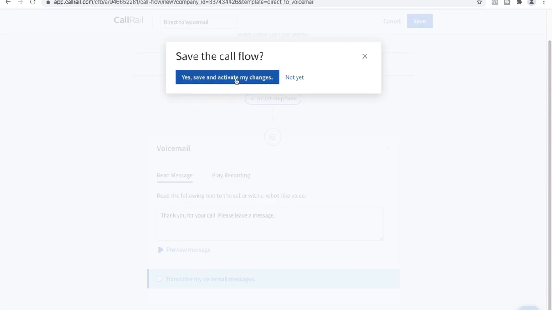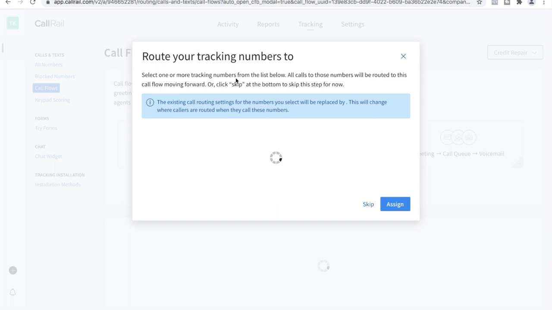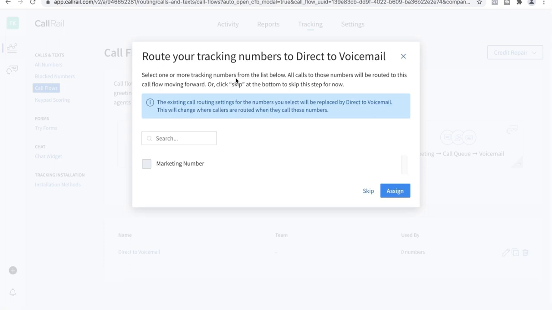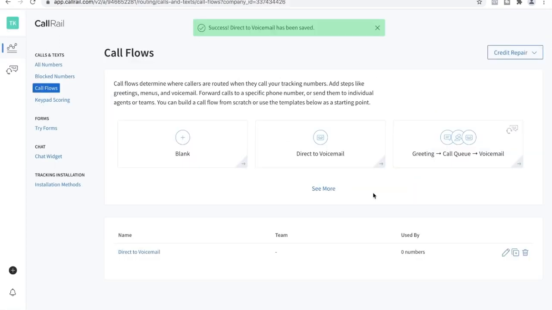Yes, and save and activate my changes. All right. Skip this. All right. So now we have our phone system hooked up. So this is how you set up your phone system. When people call,